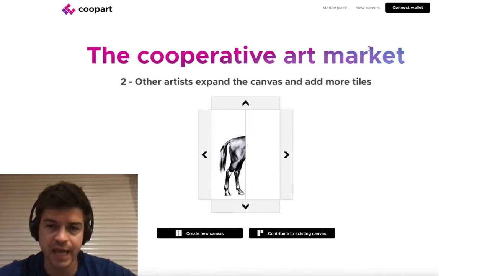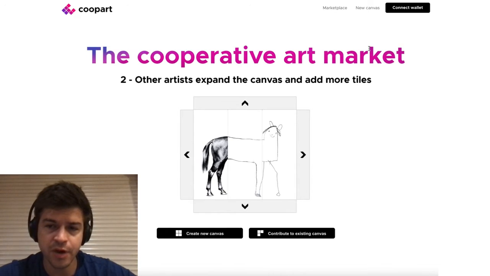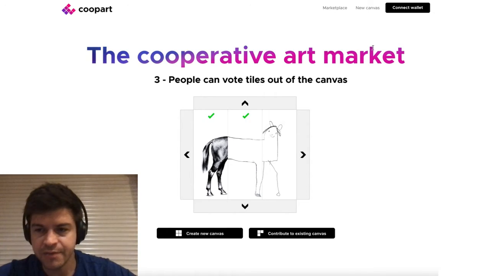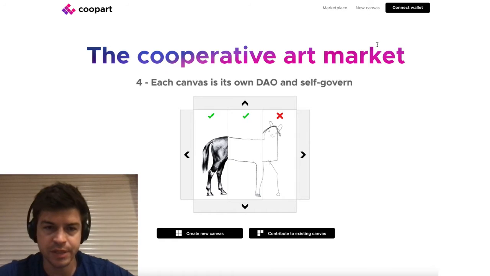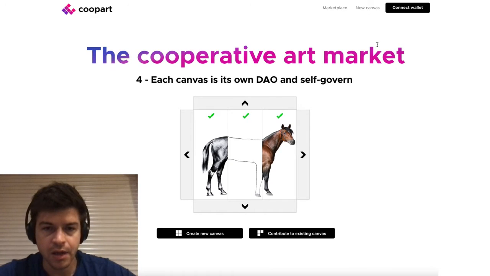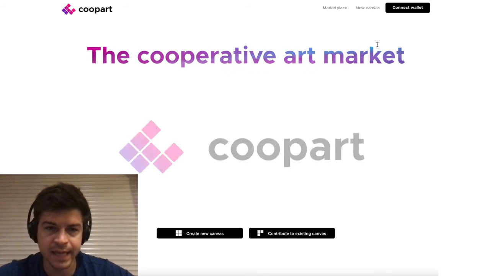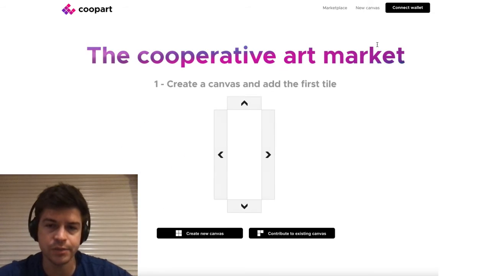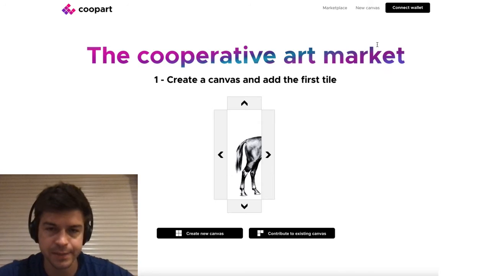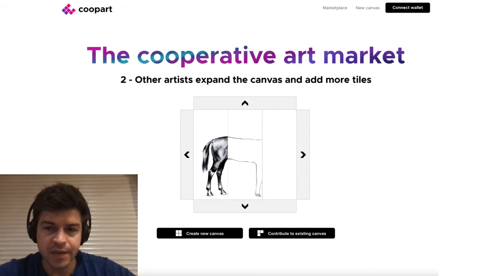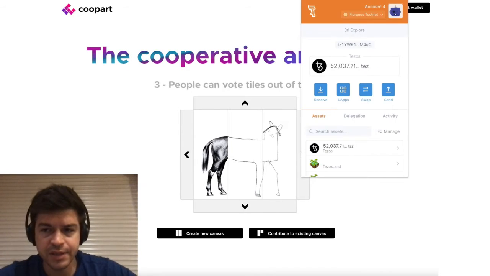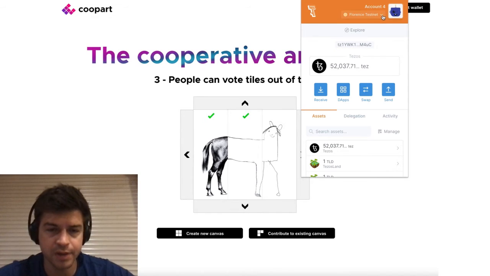The platform is running live on the Tezos Florence testnet. I'm a big fan of Tezos and I have contributed to many projects on Tezos. So I coded the smart contract in Cameligo and integrated the front end with a Temple wallet, which is the equivalent of MetaMask. Before trying out the platform, make sure that you have funded your account on the Florence testnet.